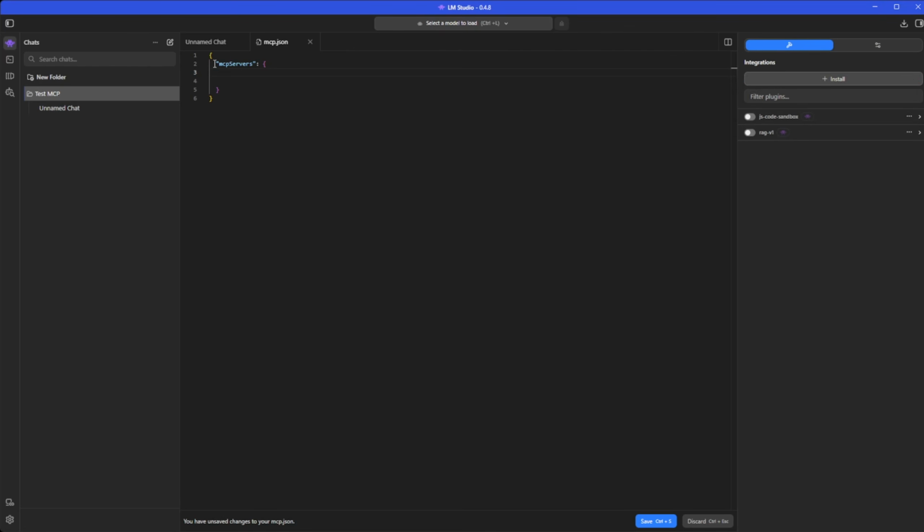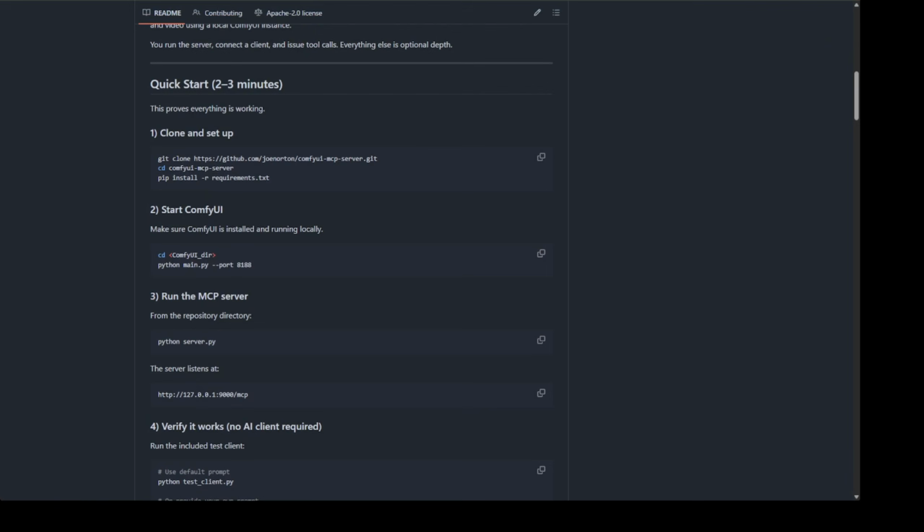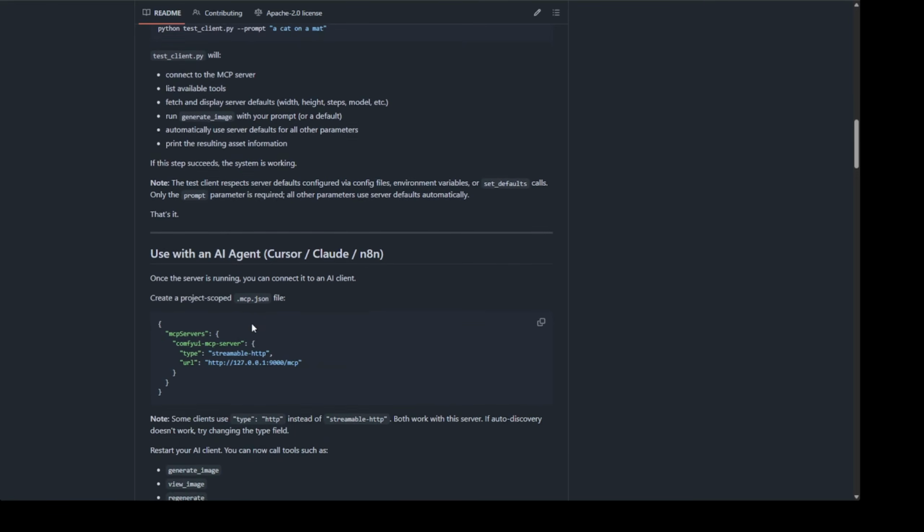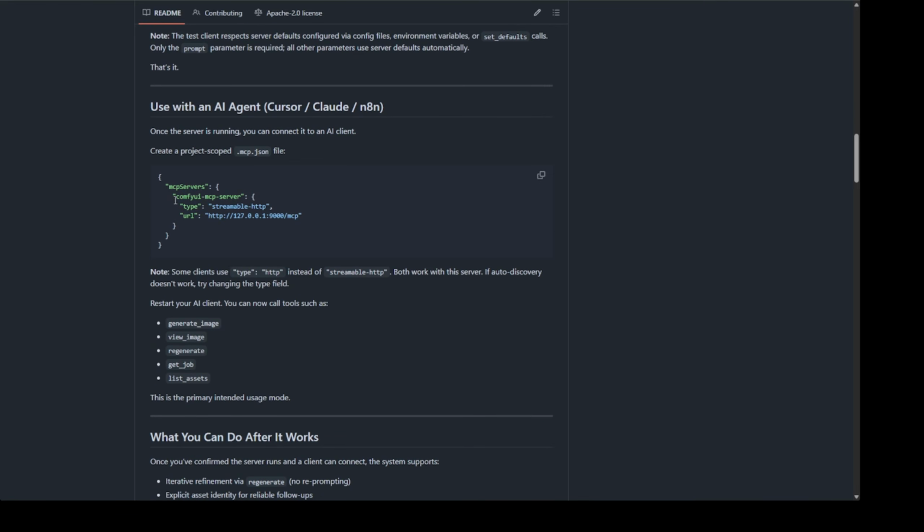Whether you're an advanced user or a beginner, integrating an MCP server here is super easy. What I did was click that Install button, which opened the mcp.json configuration file. As you can see, I currently have a blank MCP server configuration. Now, back to the ComfyUI MCP server documentation, scroll down to the section about configuring clients to connect with the